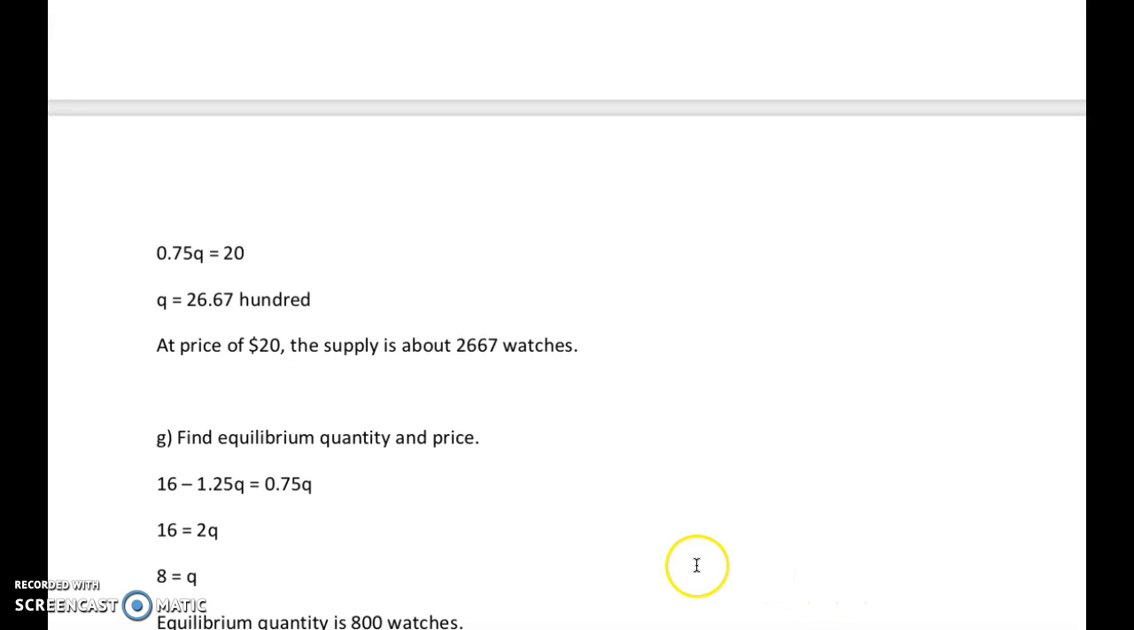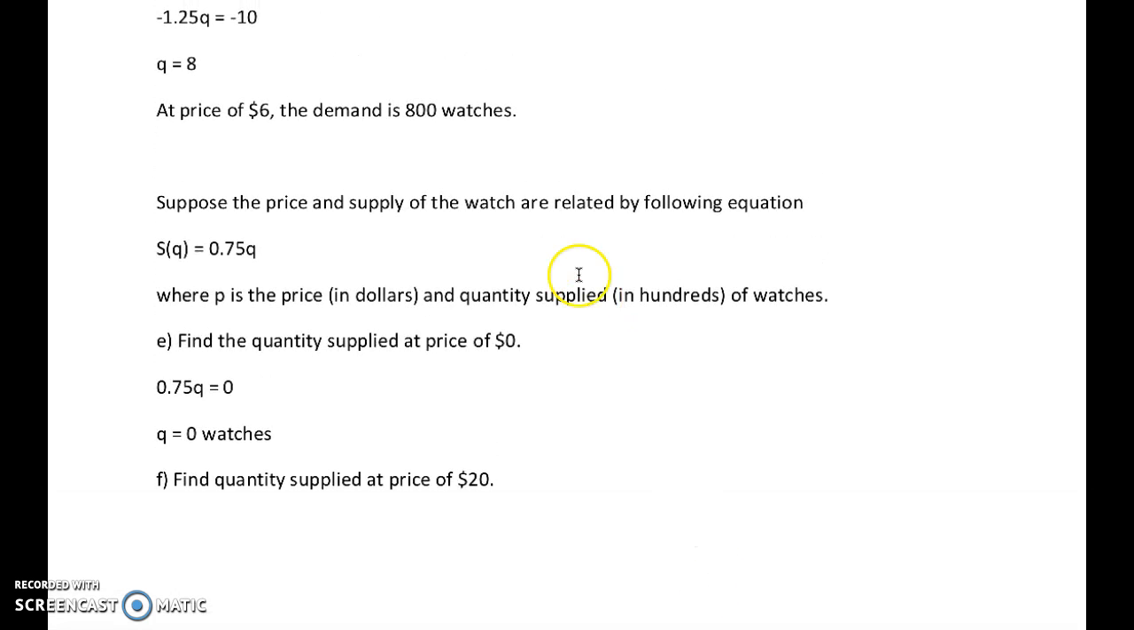Okay. Now we want to find the equilibrium quantity and price. So we're going to set those two equal to each other. And we end up with 8. So remember, 8 is in hundreds. So the equilibrium quantity is 800 watches, which is a good amount. And it matches up here with our